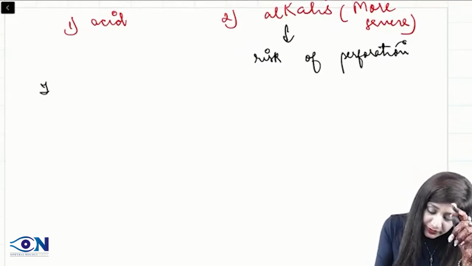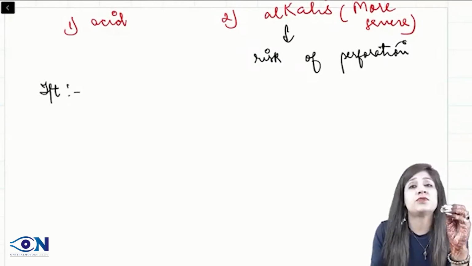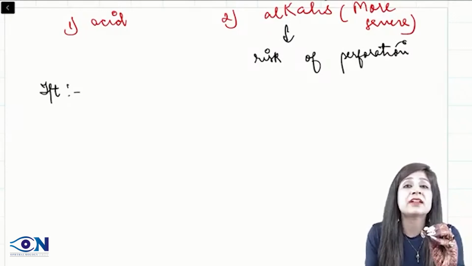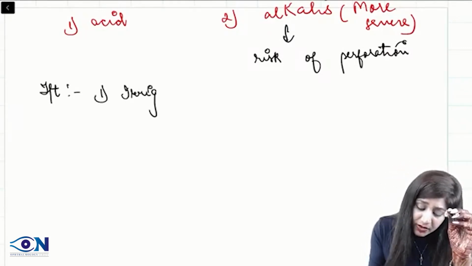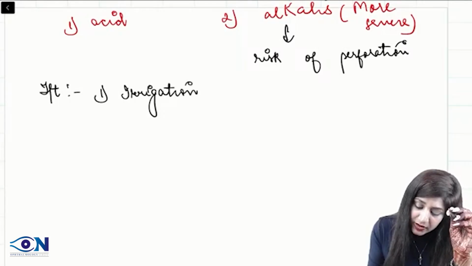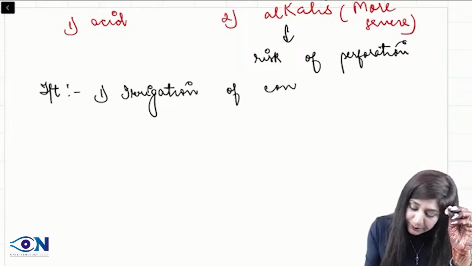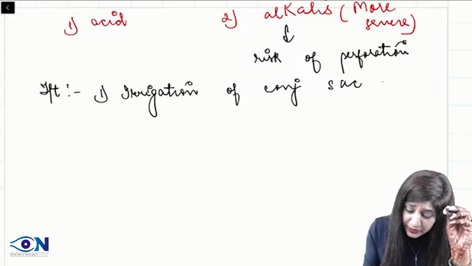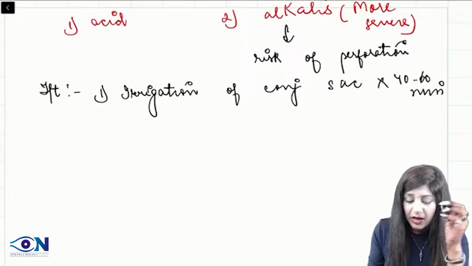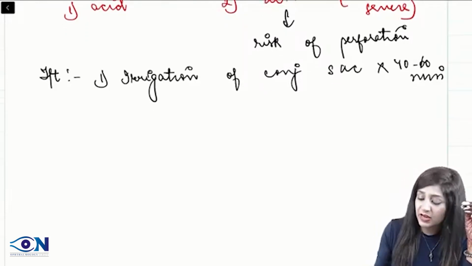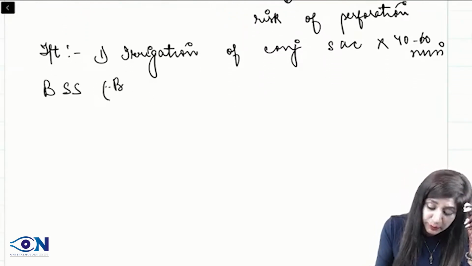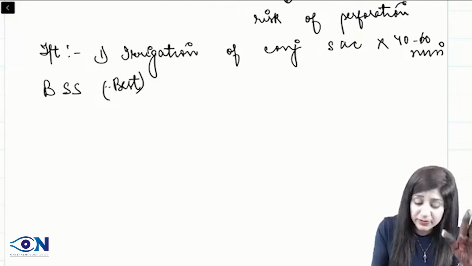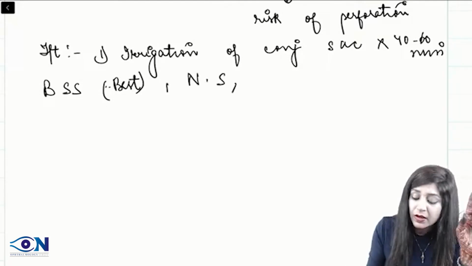So if you go with the treatment, because it is an emergency condition, we have to first bring back the pH. For this we have to do irrigation. It's very important that you irrigate the conjunctival sac thoroughly for about 40 to 60 minutes, or 1 hour. This irrigation of the conjunctival sac can be done with balanced salt solution, which is considered the best. Otherwise, if this is not available, you can do it with normal saline or